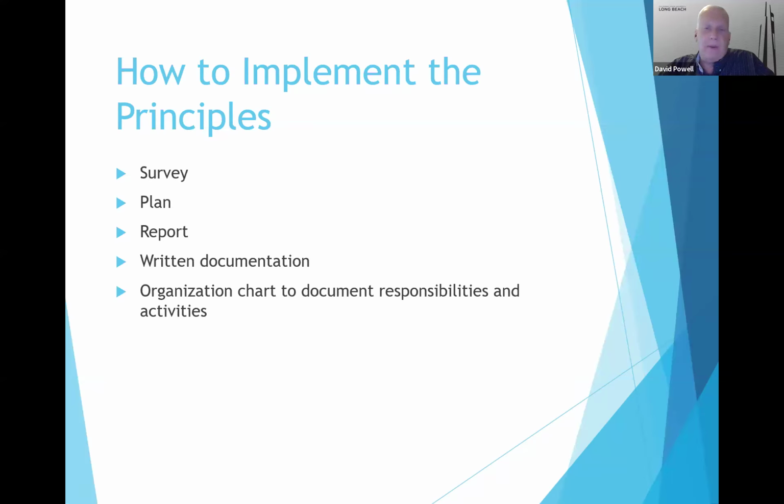The survey step is we have to go out there and understand what is going on within our organization. We survey our organization to look for things that are working well and things that are not working well. We then take the results from that survey and we incorporate them into our strategic plan. We then put that plan into a report. Everyone gets that plan. And then we review that plan as we are implementing to, again, see what is working and what is not working.